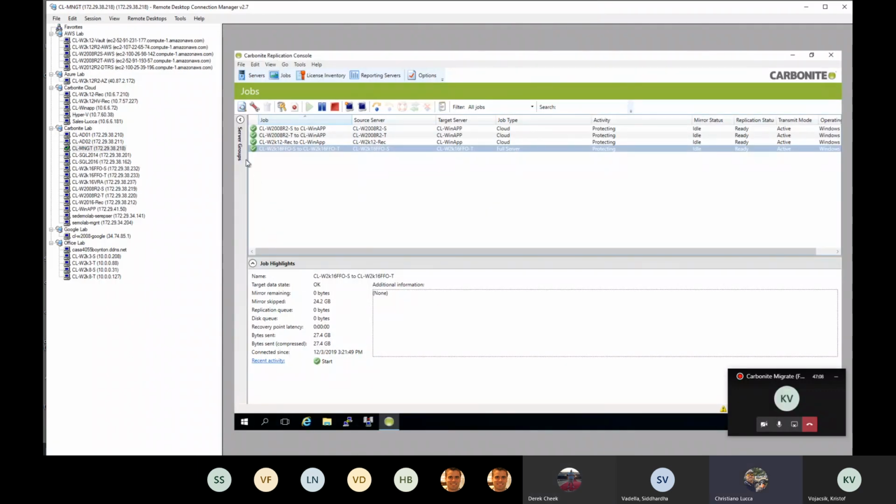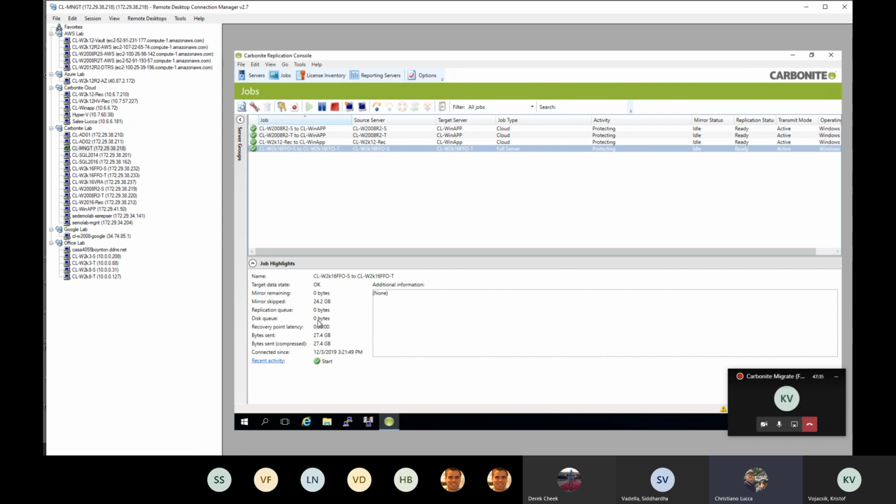Okay, when you have this green status here, the next thing you have to pay attention to, which is very important, is that the replication queue and the disk queue must be 0. Cannot be 1, cannot be 0.1, cannot be 0.001, needs to be 0. That means if you have something different than 0 here, something for some reason